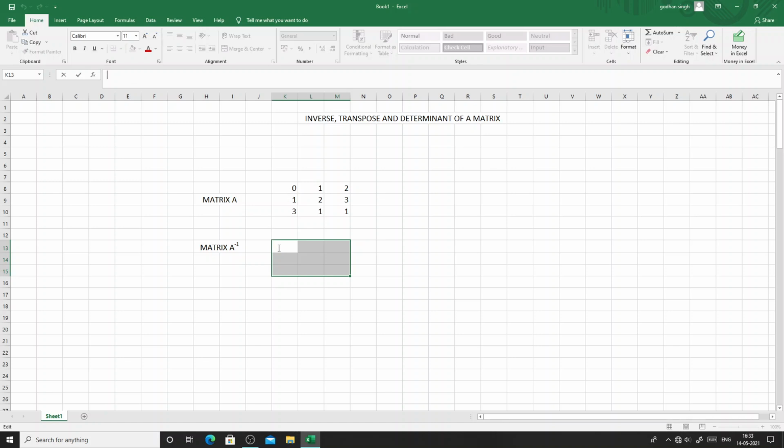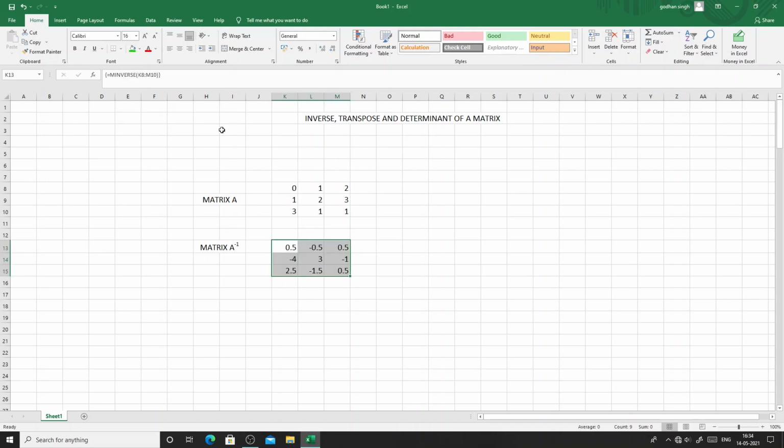So what you have to do is click inside this box, first cell of the matrix, the 9 cells which you have selected, equal to, and then write here M inverse, and after that put this curve bracket and then select the whole of matrix A. So we have selected that, then close it. After that press Ctrl Shift Enter, all three together. So this is our matrix A inverse. Now next what we'll do is we'll just increase the size of this to 16.